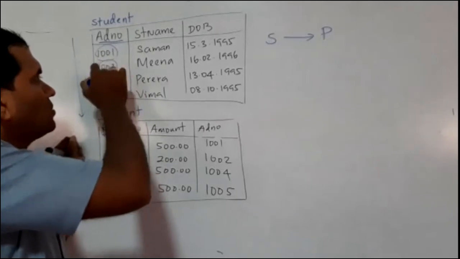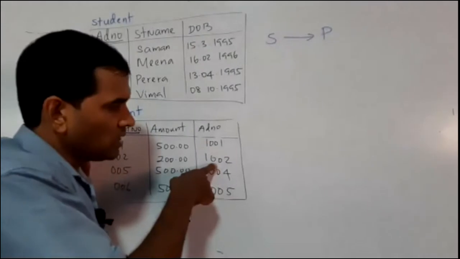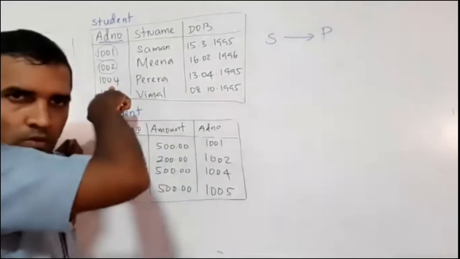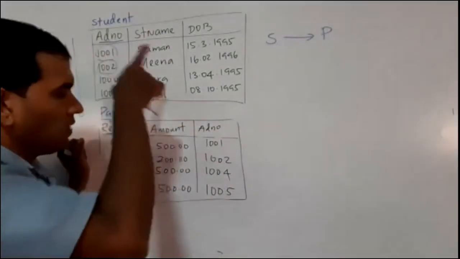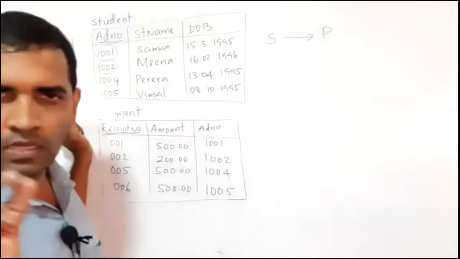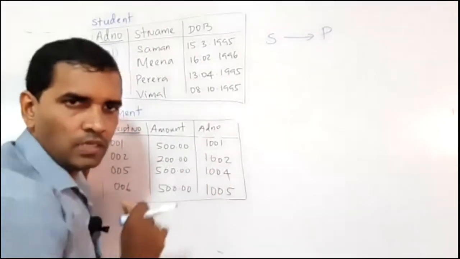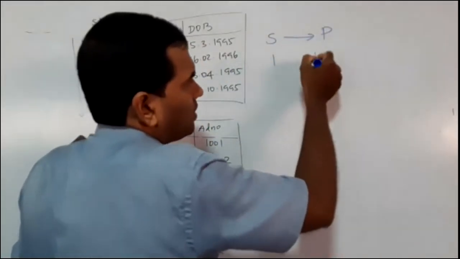So now there is 1002, that is a data. How many times does that 1002 appear in the payment table? Again 1, right? 1004, one data, how many times does it appear there? Only 1, right? 1005, how many times does it appear? Only 1. So now I can be sure about this conclusion. A data in the student table has only one similar data in the payment table. So in this direction, it is one-to-one, right?